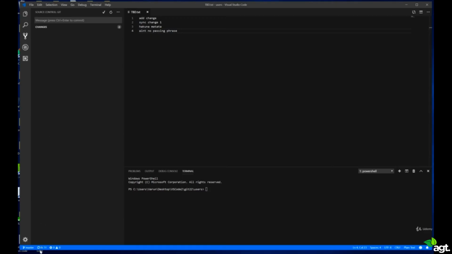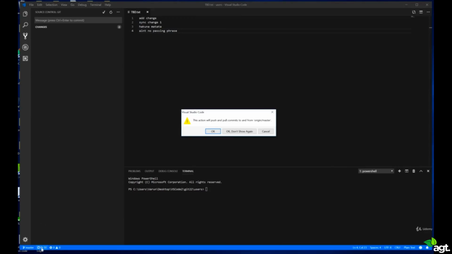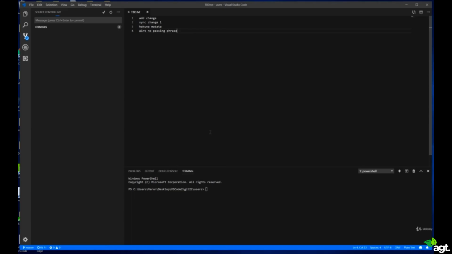So look here, there's a button called synchronize. Click on that. It shows you how many changes have to get pulled in. So it pulls all the changes from the remote and then pushes the changes you've made. It will push and pull all the commits from the current branch that you're in, and give you this warning message as you're about to do that. Right now I have 0 changes to pull and 1 to push. I said okay,